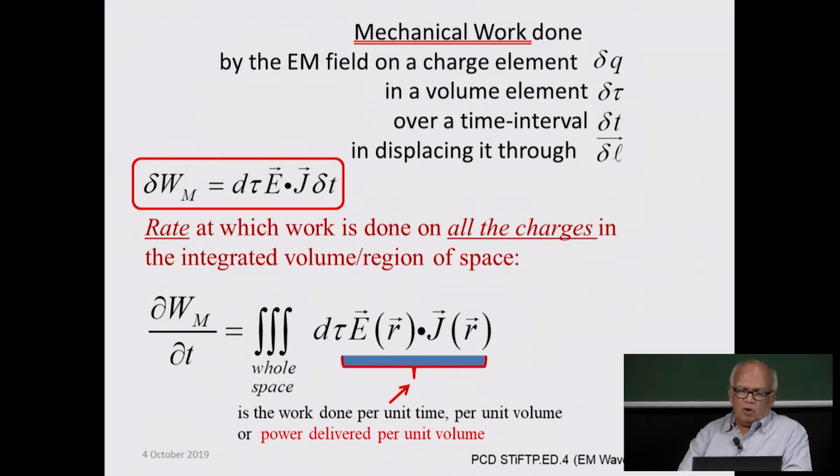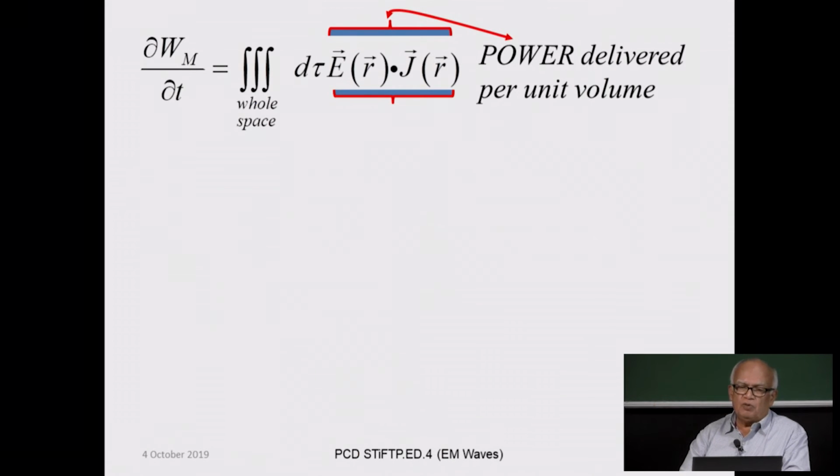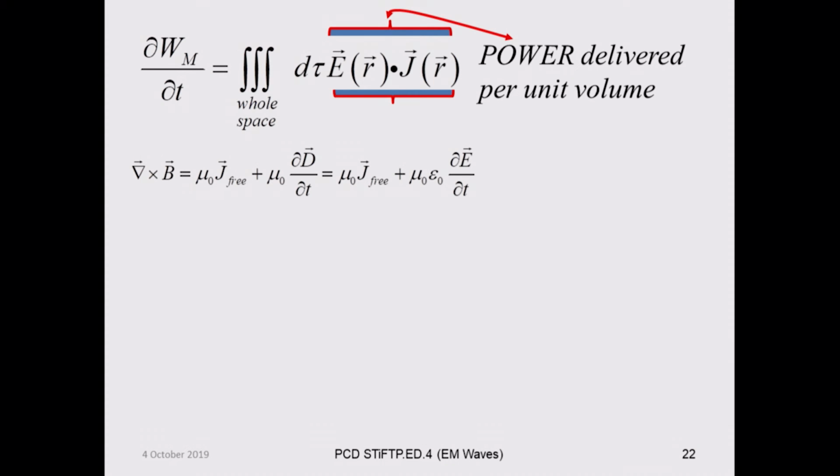So, you are doing a volume integral of work done over unit time per unit volume, which is actually the power delivered, right? The rate at which work is done is power. So, this is the power delivered per unit volume, right? Why per unit volume? Because J is the current density. So, there is a per unit volume element over there. Okay? So, this is the power delivered per unit volume, and now we can use Maxwell's equations over here